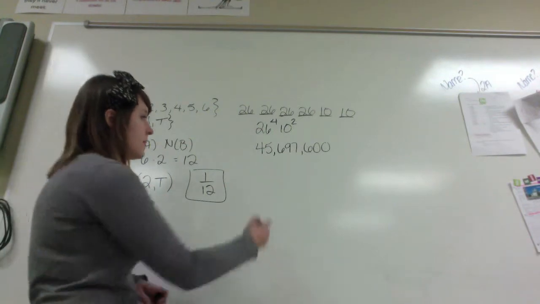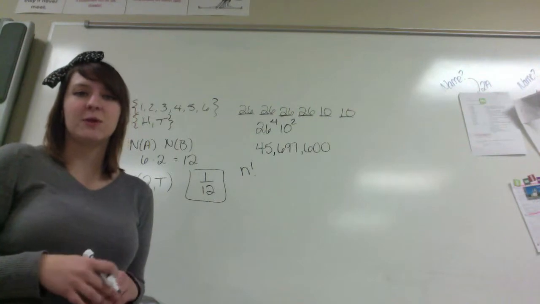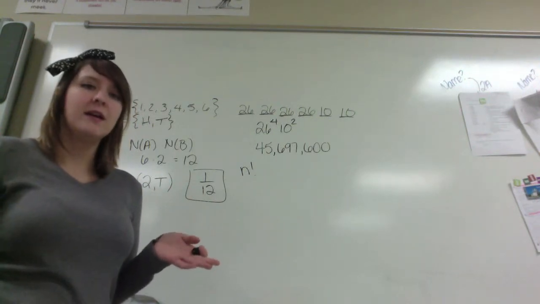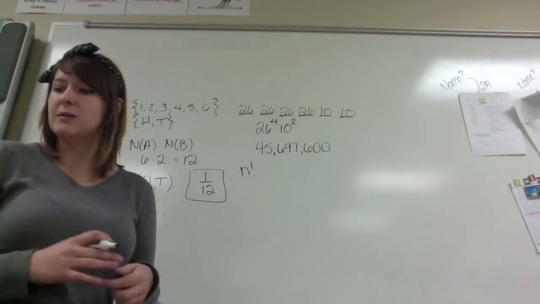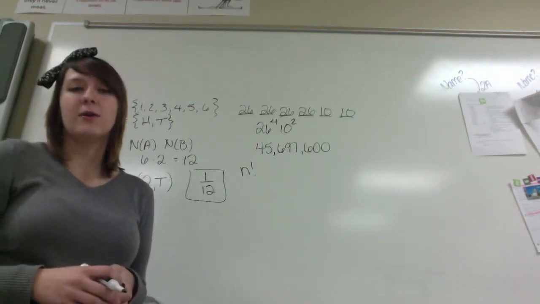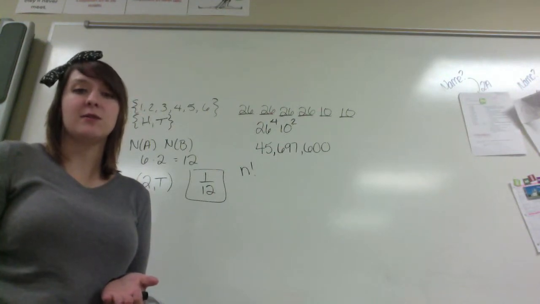N factorial is written as n with an exclamation point. The exclamation point does not mean that it's excited. It means that it is a factorial. It is a math symbol. Basically what it means is that you're going to multiply it by each integer in decreasing order until you